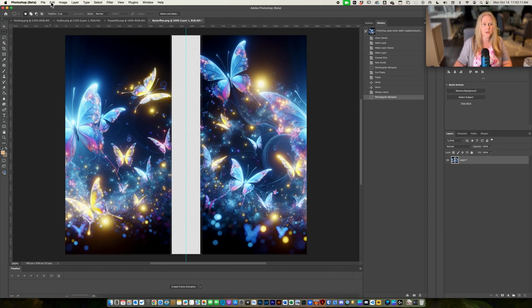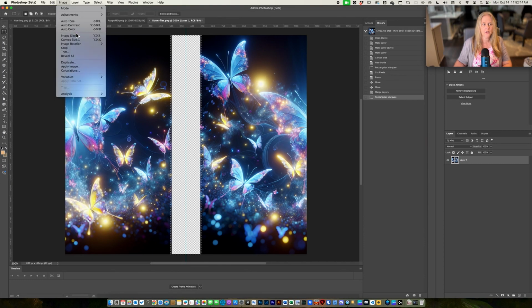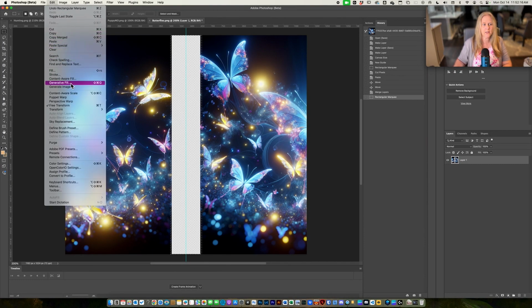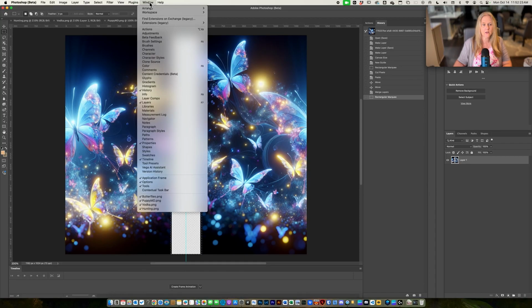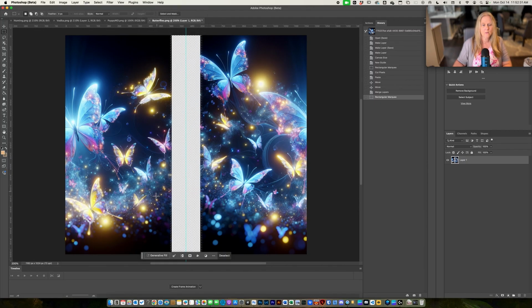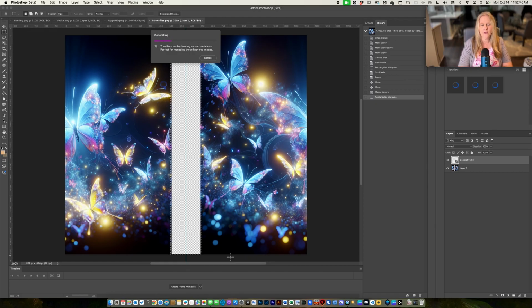The next thing we want to do is go to Edit, Generative Fill, which is right here. If you use your contextual bar, it will show up in that, and let me show you what that looks like. I always turn it off because I feel like it's never in a good place. It drives me crazy, so I just have it off. But if you have your contextual bar up, you can just hit Generative Fill here, don't type anything, and then hit Generate. And this is going to create that seamless wrap,